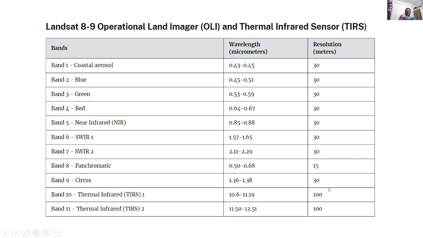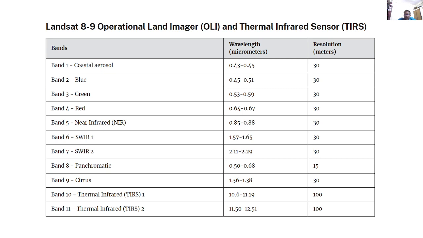This is Landsat 8 OLI, Operational Land Imager, and Thermal Infrared Sensor. So it has 11 bands. The wavelengths are given in the second column. The resolution is given in the third column. So these are the bands of the Landsat 8 satellite. And Landsat 8 is actually one of the most well-used